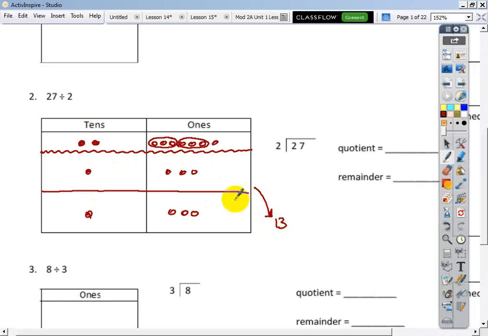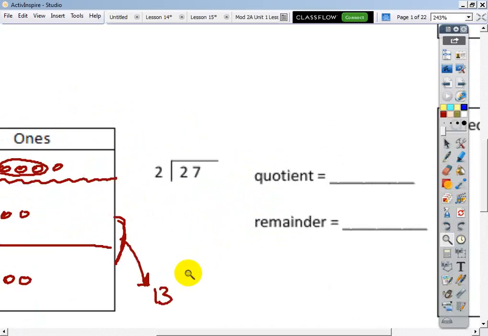13 here and a 13 here. Looks like they're both 13s. Cool. Well, how does this apply to this house of division, I call it? Well, as I said before, when you have 27 divided by 2,